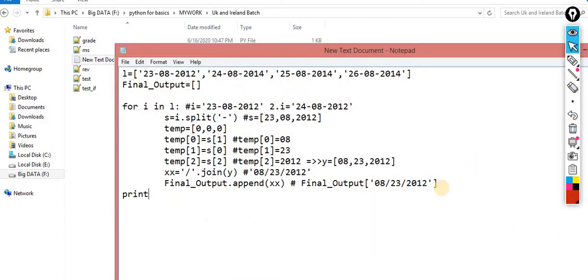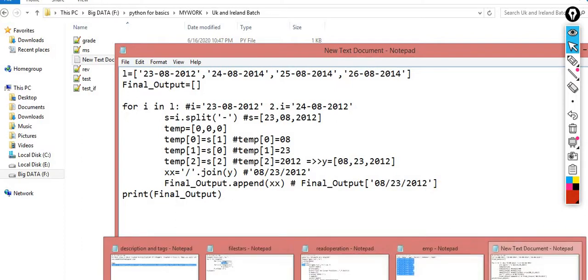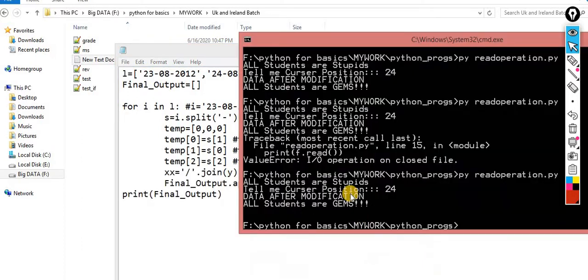Now if I print this final output, you can check your final output. Saving it and let me run.